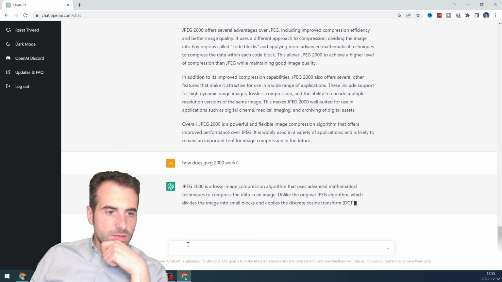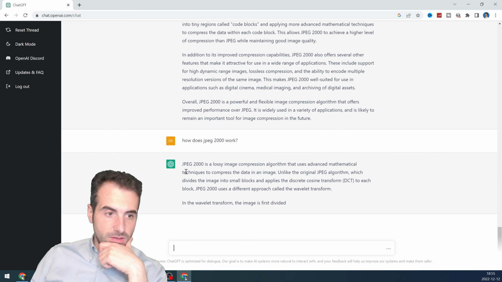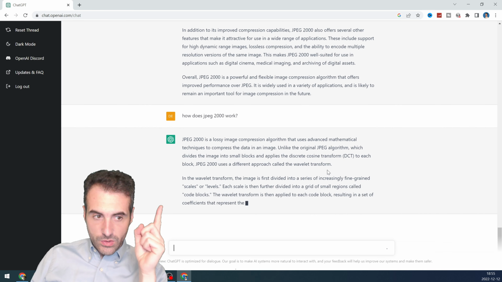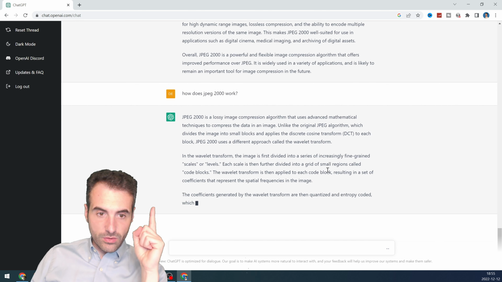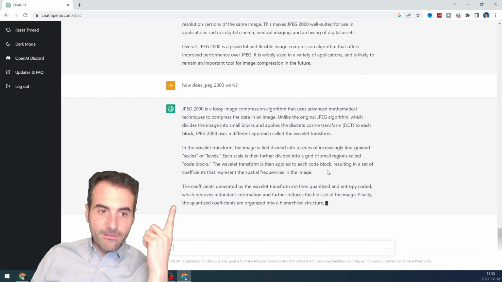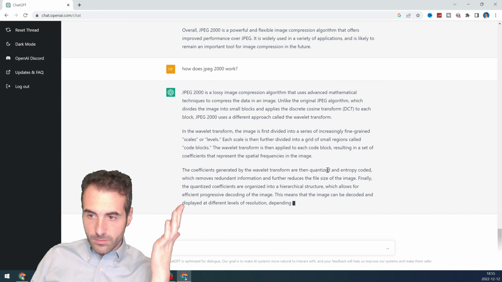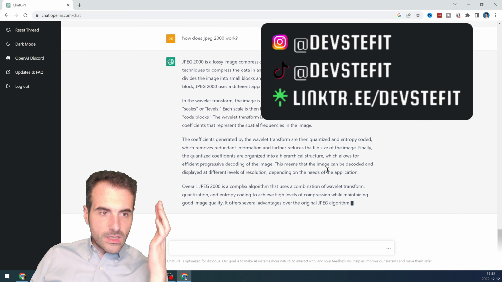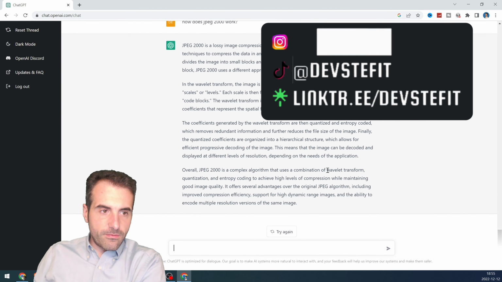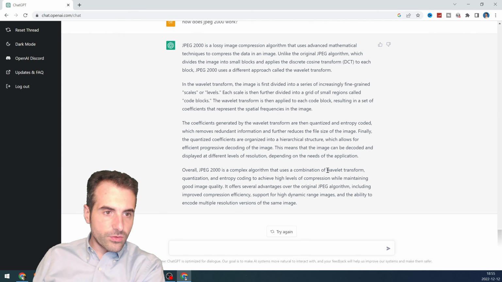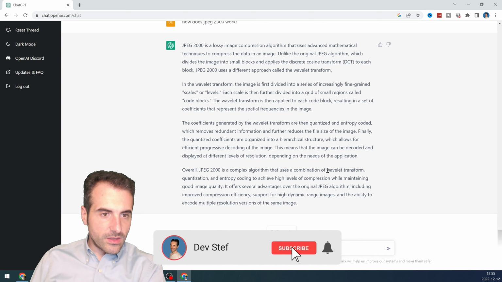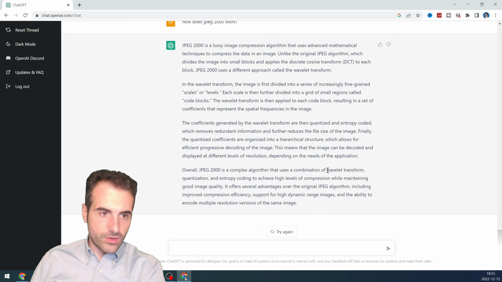Okay, so it uses advanced mathematical techniques to compress the data in an image. Unlike the original JPEG algorithm, which divides the image into small blocks and applies the discrete cosine transform to each block, JPEG 2000 uses a different approach called the wavelet transform. In the wavelet transform, the image is first divided into a series of increasingly fine-grained scales or levels. Each scale is then further divided into a grid of small regions called code blocks. The wavelet transform is then applied to each code block, resulting in a set of coefficients that represent the spatial